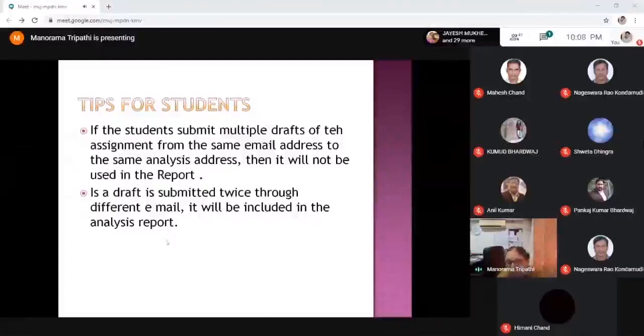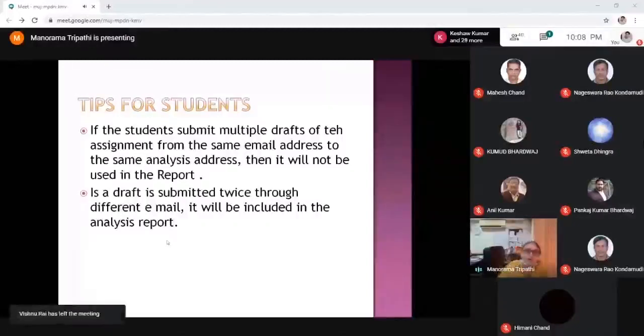If the students submit multiple drafts of the assignment from the same email address to the same analysis address, then it will not be used in the report. That means when you submit one draft and then submit another, it would normally show matching within the two.